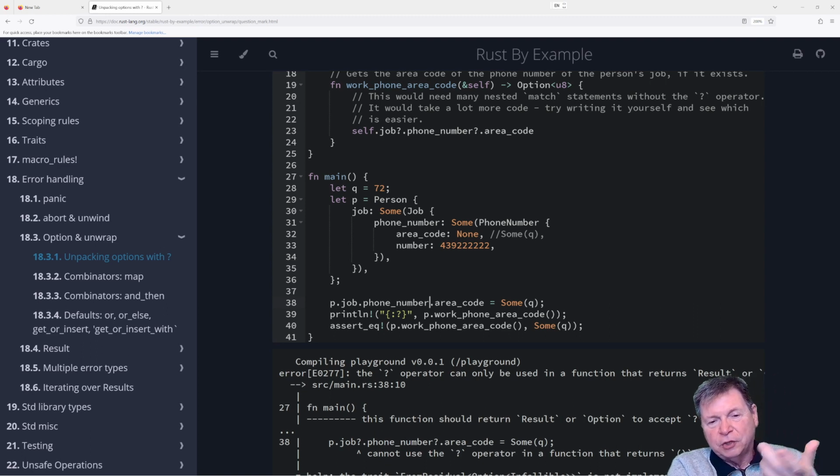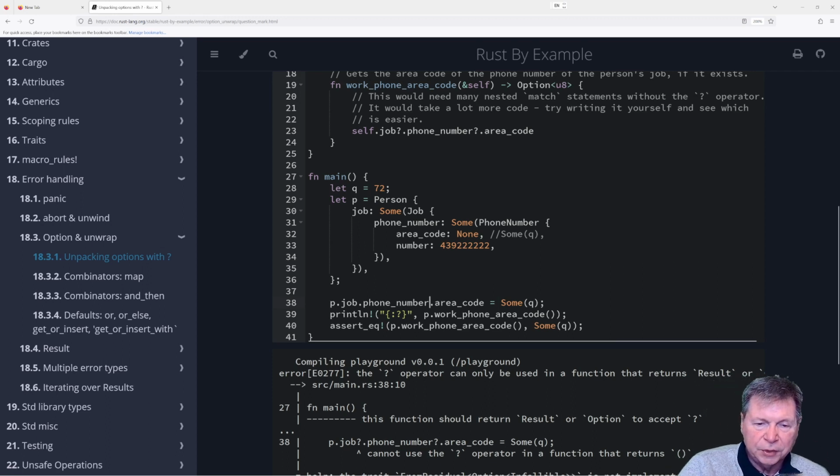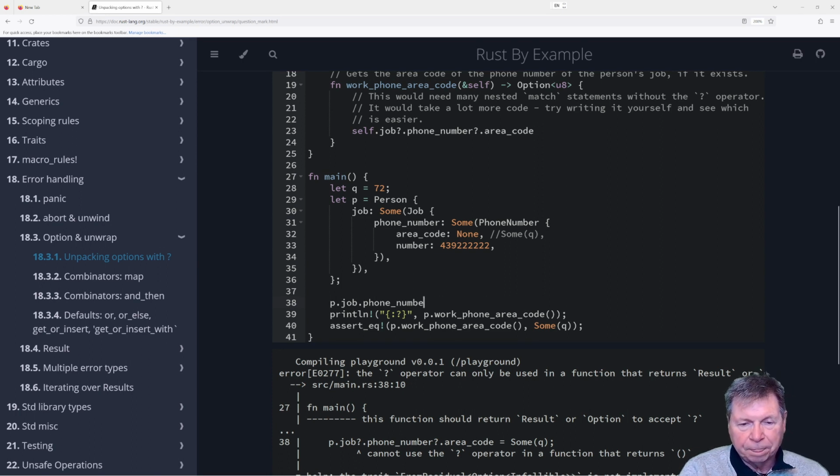Because we could extract job and then extract phone number from job with the question mark, right? Because we could do something like, let's do it. So if we get let job equals p dot job, right?